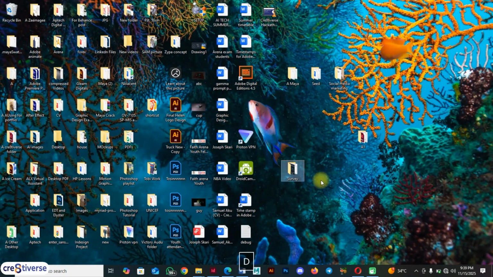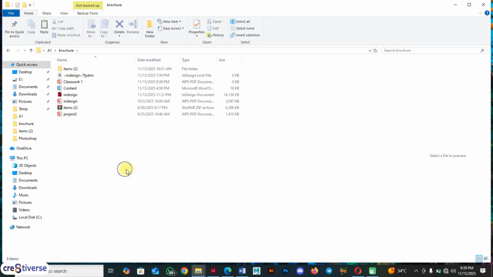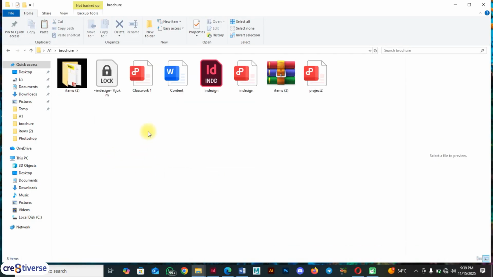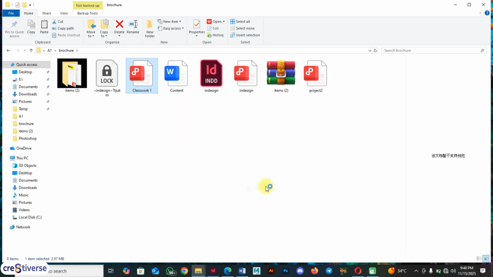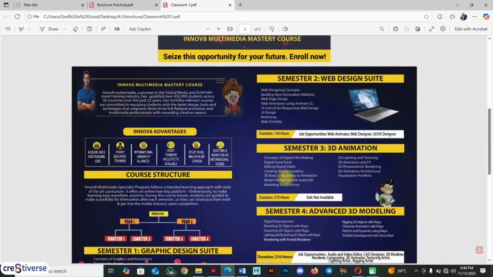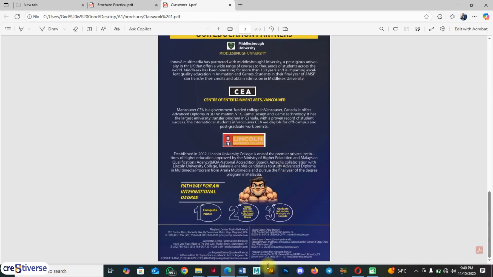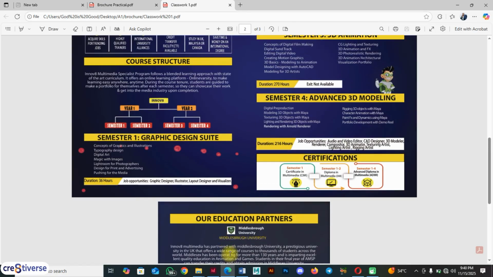I want to believe it is saved here. All right, so I'm going to open this. Right click, open with. I want to use my Edge to view my files. So this is what we have: the page 1, and then the inside spread, and then the outside. Then the next thing I will do is I will try out